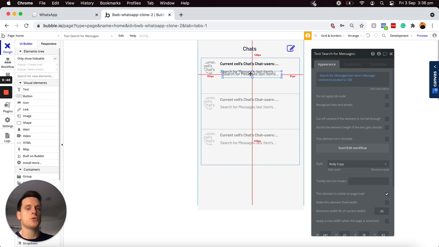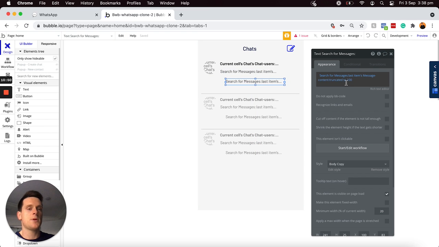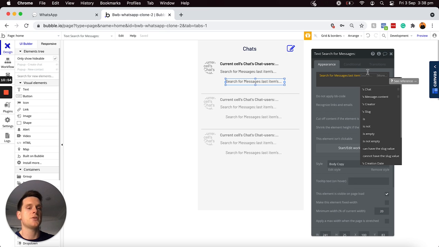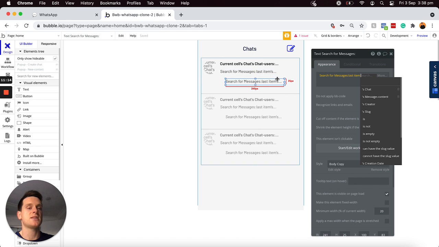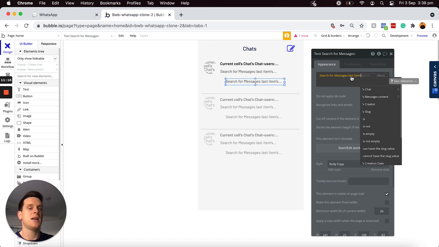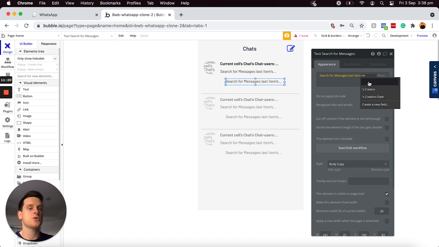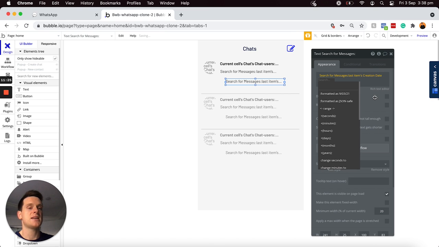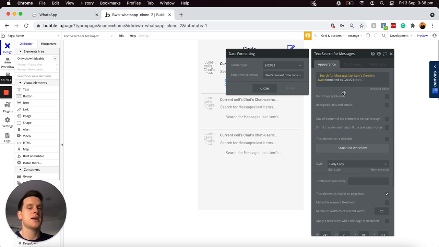So I'm just going to copy this heading here. What I'm going to do is remove the truncated to option and also the message content. So I'm going to be searching for all of the messages that belong to this chat within our database. I'll then display the last message that was sent, and I would like to type in the word create because I'll then be displaying the creation date of that,